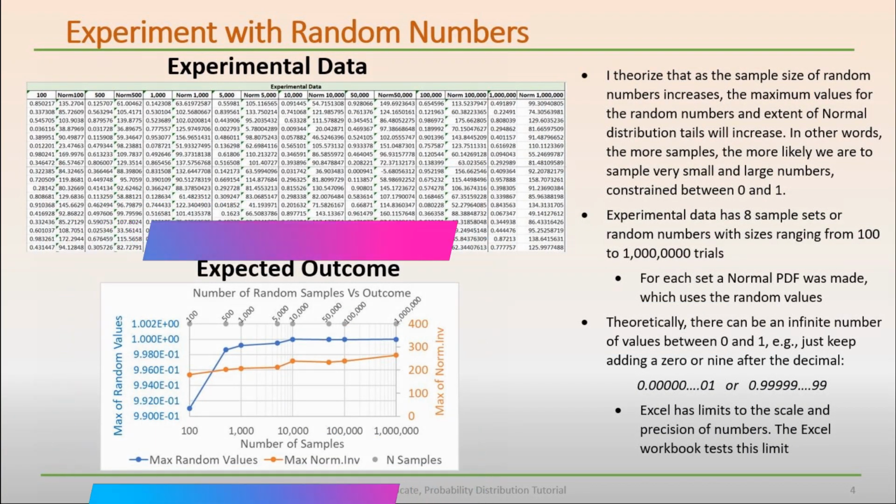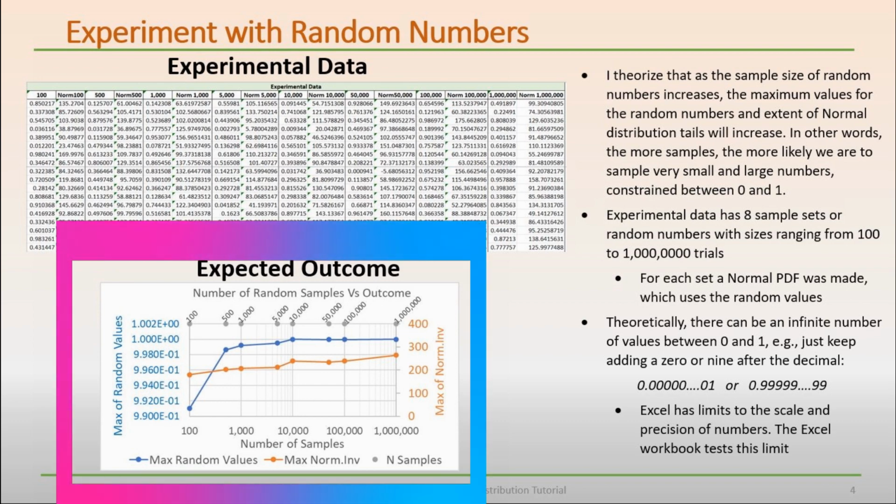I theorized that as the sample size of random numbers increases, the maximum value for the random numbers and extent of the random distribution tails will increase. In other words, the more samples, the more likely we are to sample the very small and large numbers constrained